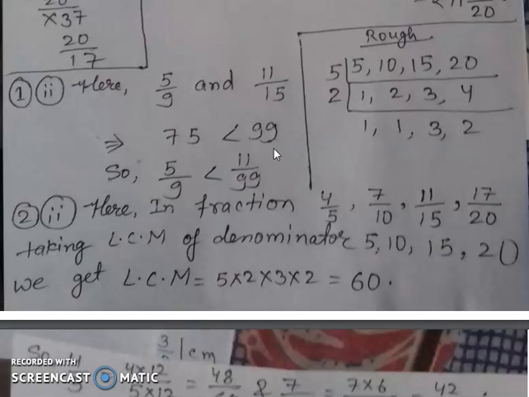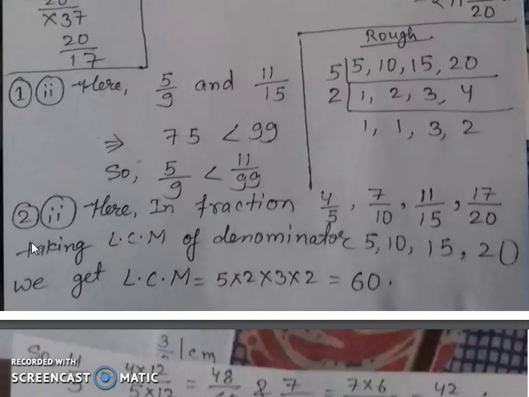Some mistakes happen, so that you will watch the video and you will understand, okay, there is a mistake. If you simply watch the PDF and copy, then it will become wrong. So at first watch the whole video, then copy the answer. Okay, so this is 11 by 15.